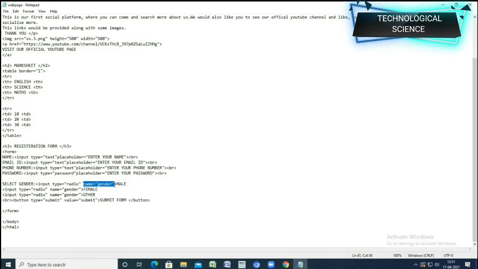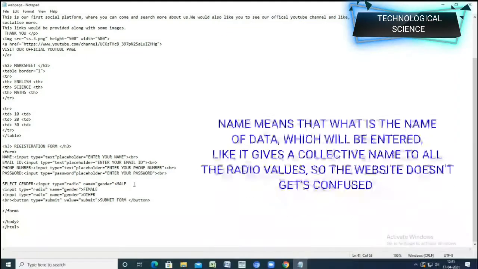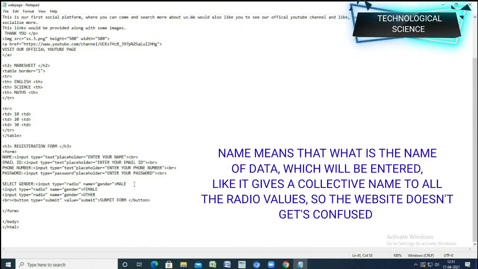Then you have to give a name. Name means what the person is selecting over here, that gender, question or anything else. For example, you are forming a question for your students and you have given 5 options. In place of this you will type question, and over here you will also type question, and over here also question. The topic you type here needs to be typed over here.